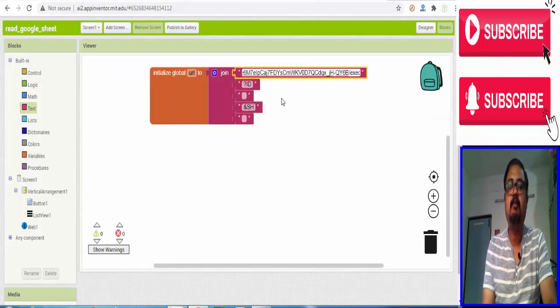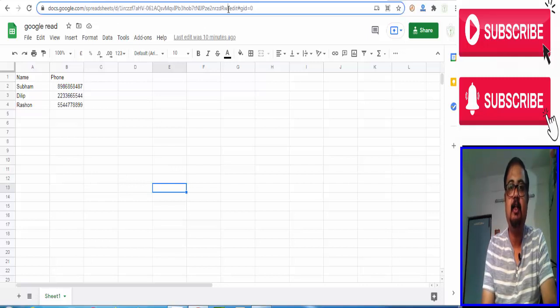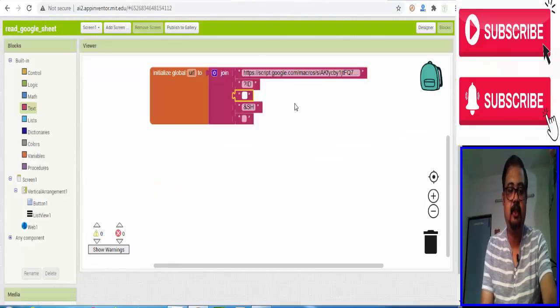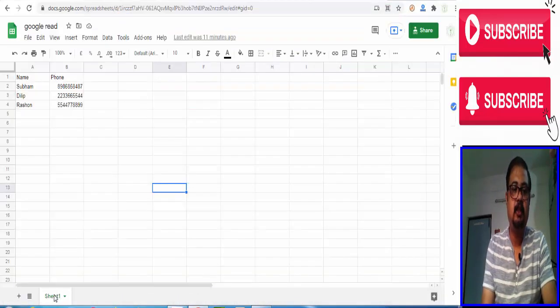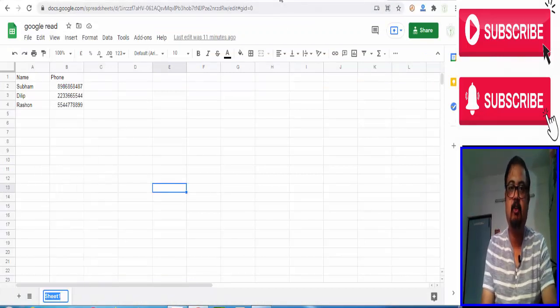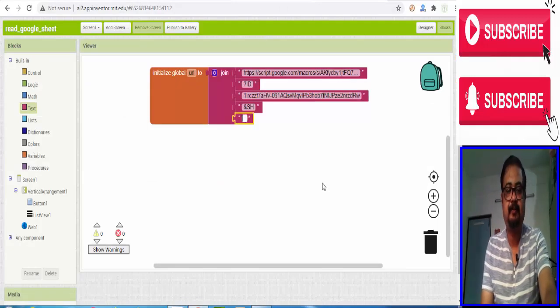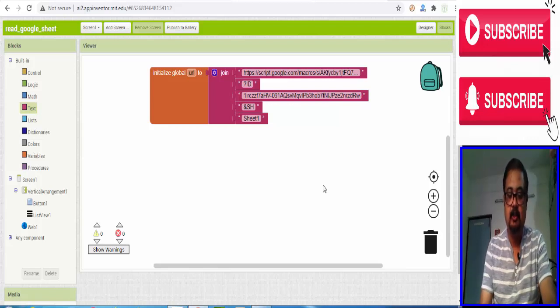First task is completed. Now from where we get ID? Go to Google Sheet again. ID is between this d slash and slash edit, between all the words we have to copy, and this is the ID between that only. Okay, so copy it and paste it. And sheet number we know, sheet name is shown over here. So rename it, Control C, that means copy that and paste it. Okay, so my first block is completed, that is creating the URL.